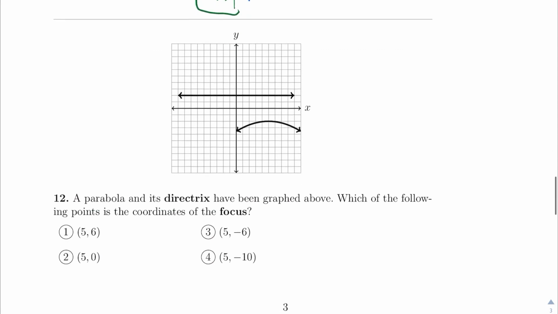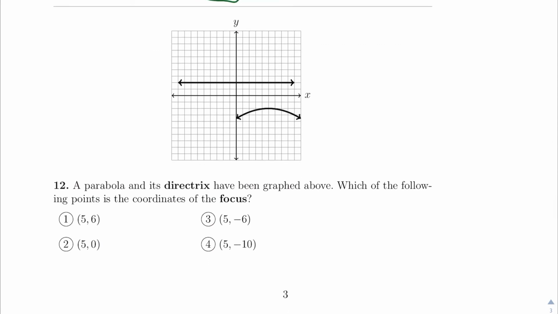For problem number 12, a parabola and its directrix have been graphed above. Which of the following is the coordinates of the focus? So we know that for the setup here, we've always got the directrix, then the vertex is in the middle,